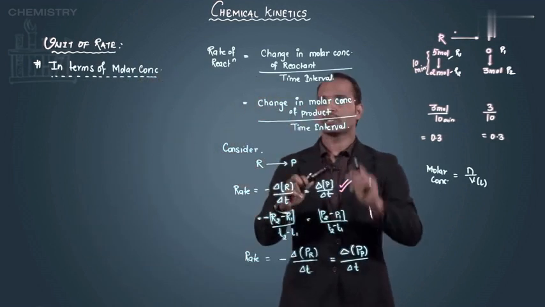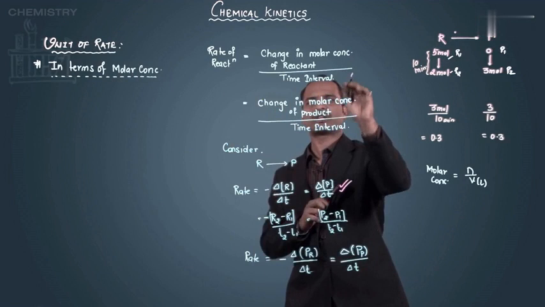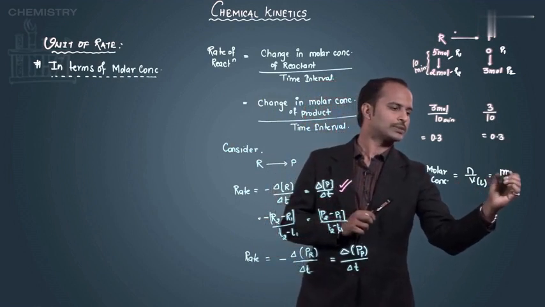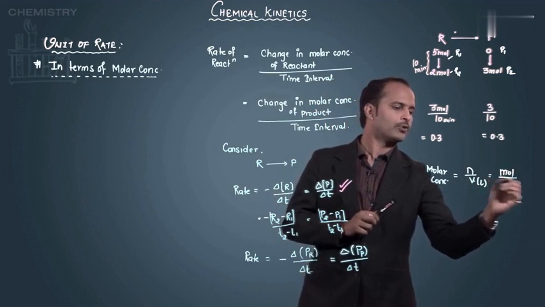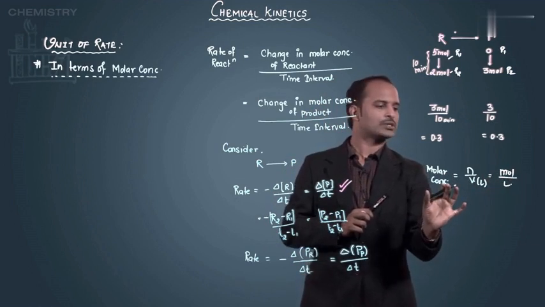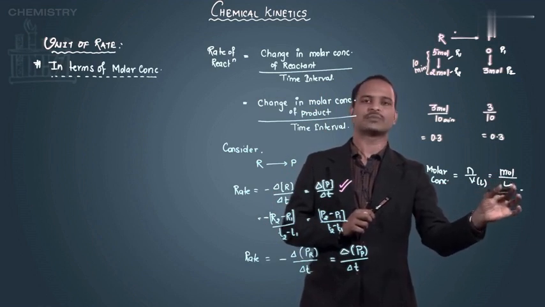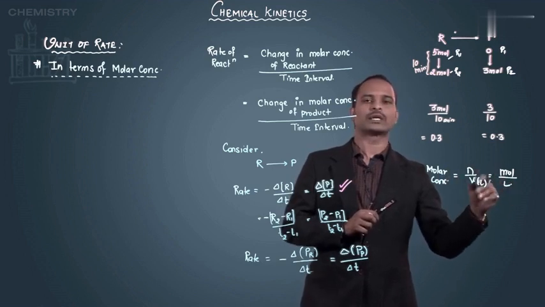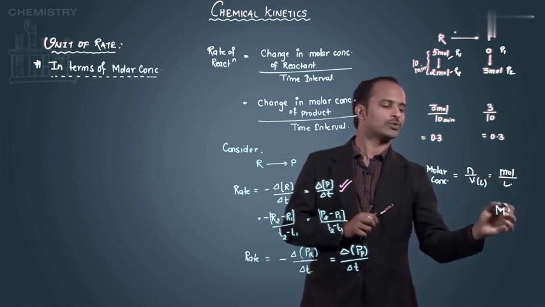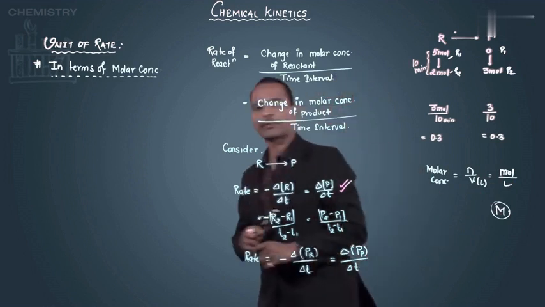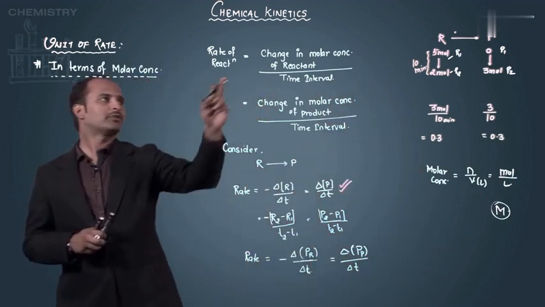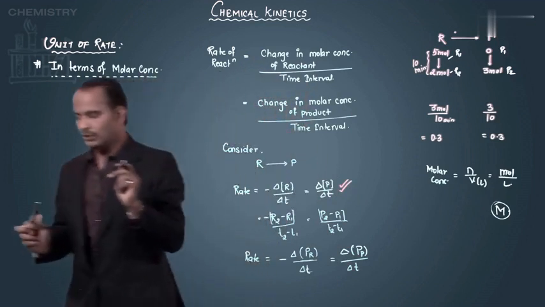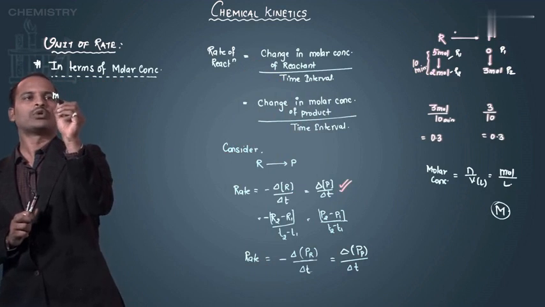See, molar concentration is in the numerator, molar concentration upon time. Time can be minute, second or hour. Molar concentration is moles in numerator upon volume in liter. So the unit for molar concentration is mole per liter. Or sometimes instead of liter I can use the term dm cube also. Or, instead of mole per liter or mole per dm cube, the molar concentration unit is also represented by capital M. So the unit for the rate of reaction is the unit of molar concentration upon the unit of time. The unit of molar concentration is mole per liter